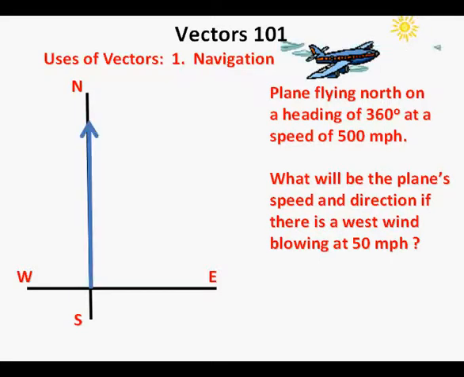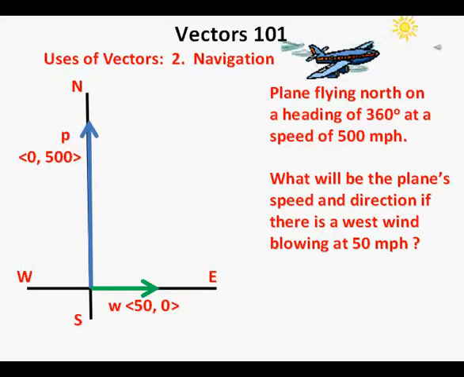Here is the vector representing the plane going north at 500 miles per hour. We call this vector P, and the numbers we use are the coordinate pair 0, 500 inside angular brackets to represent a vector. And from the west we have our wind vector. We call this vector W and identify it by the ordered pair 50, 0 placed within angular brackets to signify